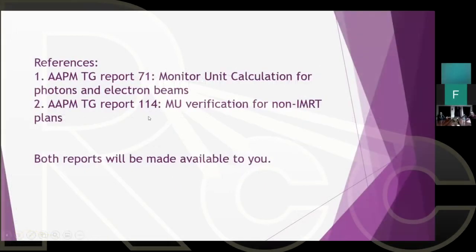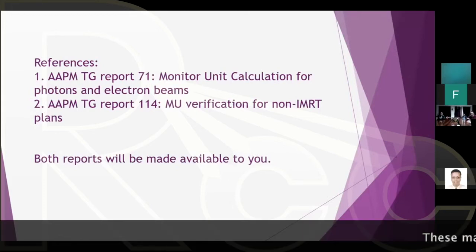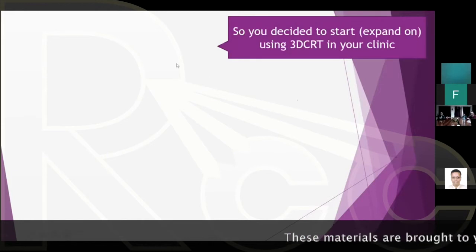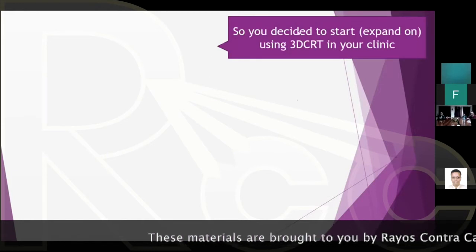AAPM report number 114 has a lot of examples, a lot of scenarios going from simple cases to more complicated cases. What we're going to discuss here today is when would you pass a plan or when would you fail a plan? When the physicist says this plan doesn't proceed for treatment or this plan can proceed for treatment. So we're all starting here with,